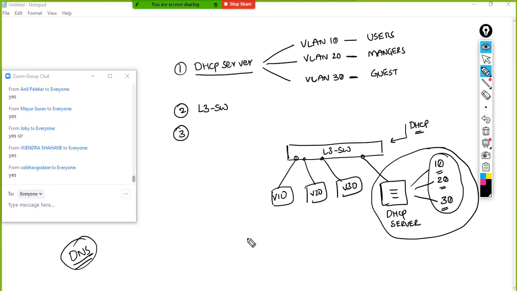So here, what is your customer saying? The customer is saying that I have a separate DHCP server, and through the DHCP server I want to assign the IP addresses to VLAN number 10, 20 and 30. Then my concern is where I am going to keep this DHCP server. Guys, everybody clear? Say yes or no. So here my concern is that the customer has a separate DHCP server, and through this DHCP server he wants to assign the IP addresses to